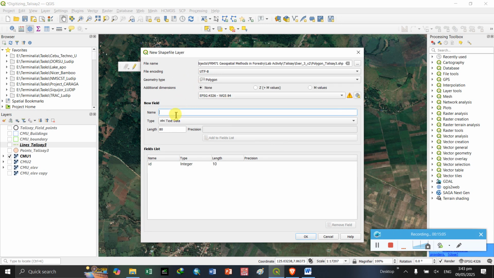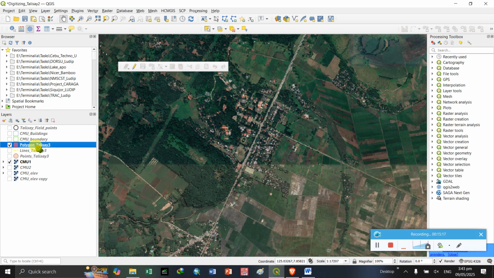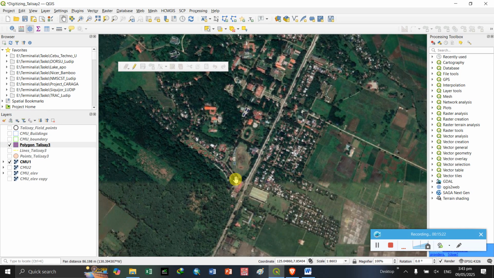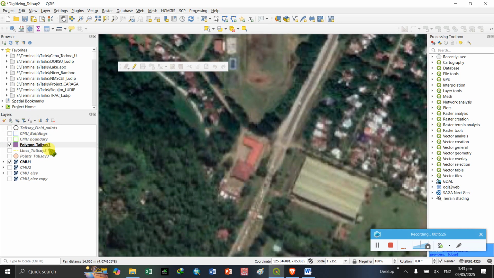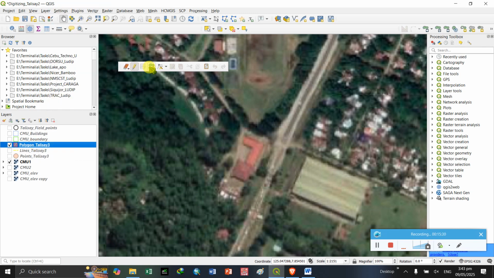And then the name is remarks, something description, and then add to fields list, and then click OK. So we have now the polygon layer, file layer. So zoom in to the point of interest, area of interest. So right click, polygon, toggle editing. Then of course, click on the add polygon feature.